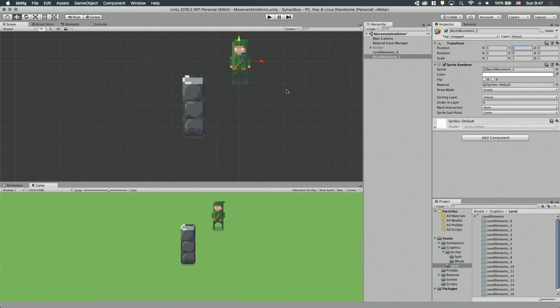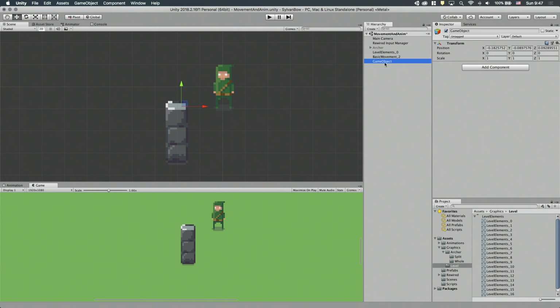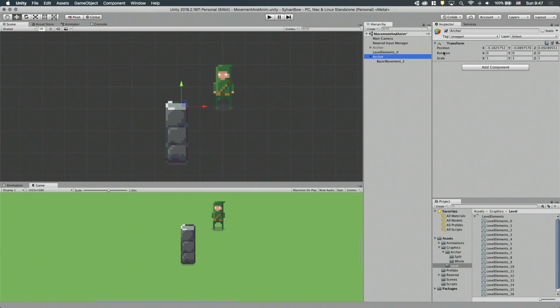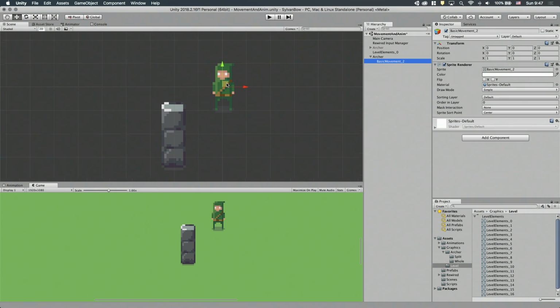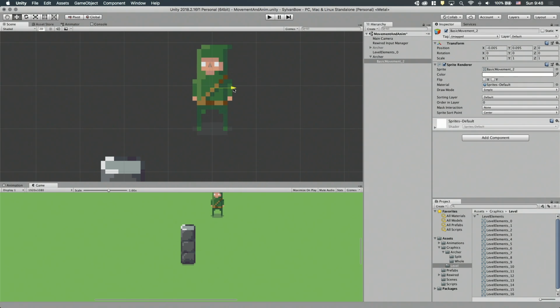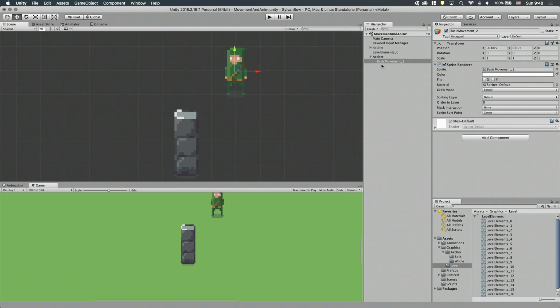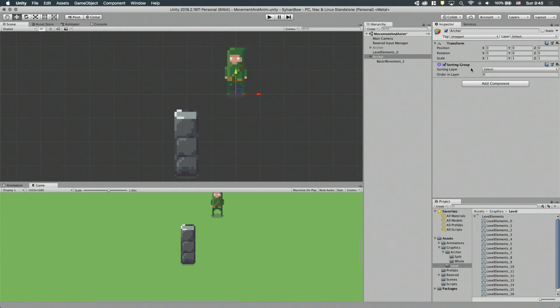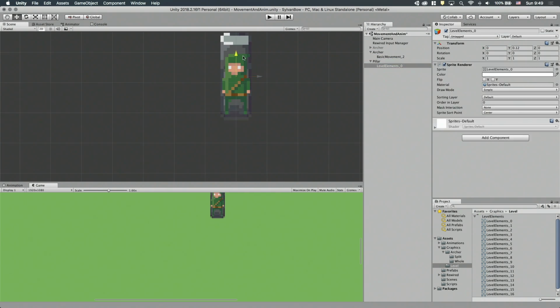Let's zero out the sprite's position, create a new empty game object, and name it Archer. Drag and drop the sprite into this new game object so it becomes its child object. Zero out both of their positions. The parent object's position will be the pivot point, so we need to move up the child object relative to the parent. Make sure that it's correct on both axes. To make the parent object into a pivot point, we need to add a sorting group component to it. This will overwrite all of its child objects' sorting information. Quickly do the same to the pillar so we can test it out.